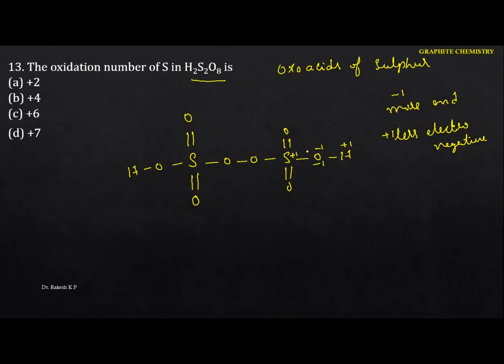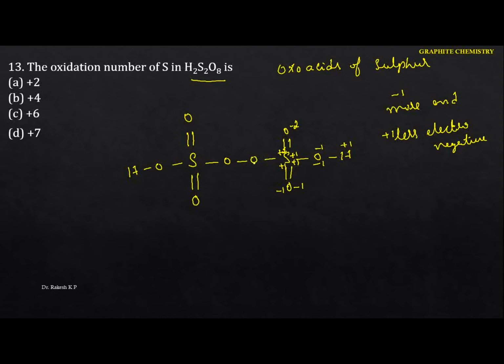Now this is the bond between the sulfur and the oxygen. Just identify how this sulfur is attached to the oxygen through the double bond. If it is a single bond, I write -1, and here also +1. Here also we have one more bond. Again I write -1, and here +1. Similarly, here directly I can write -2, and this I can write +2.